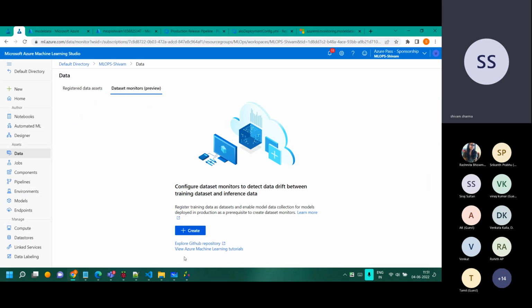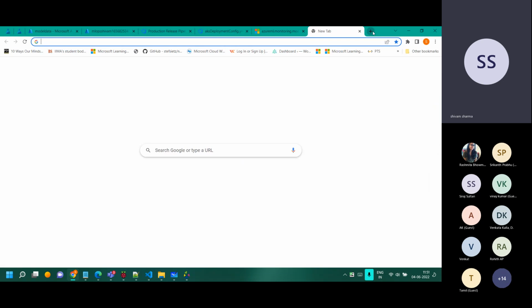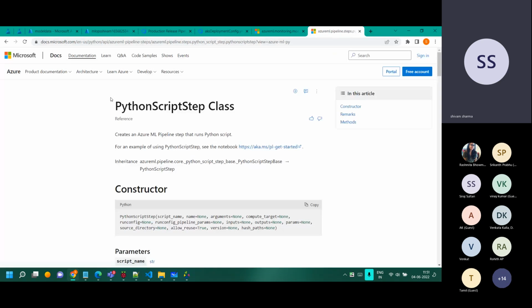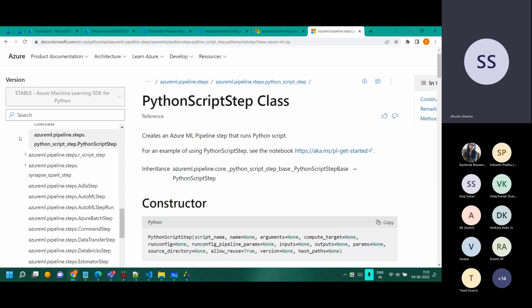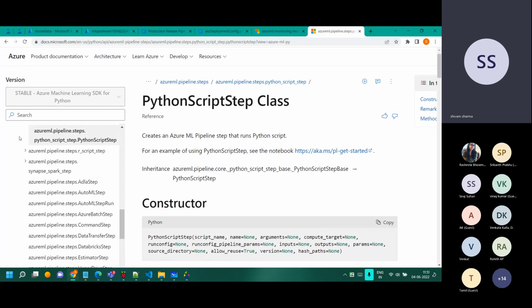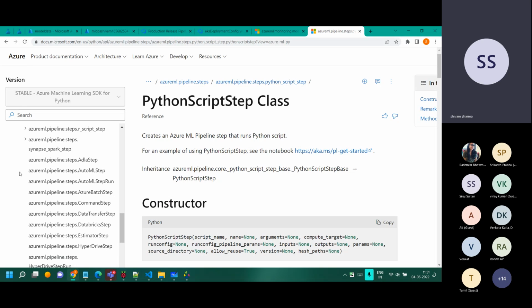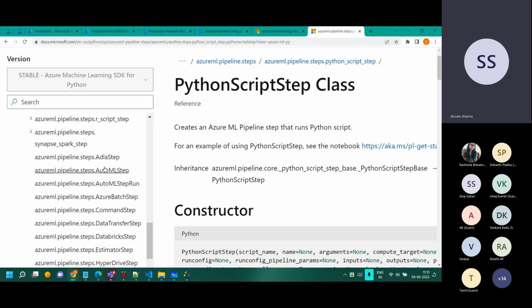This is where we can leverage the cloud, as different technologies are good for different stuff, like use cases of Hadoop, Spark, and everything. If you can see over here, we have various types of steps. AutoML step is there.